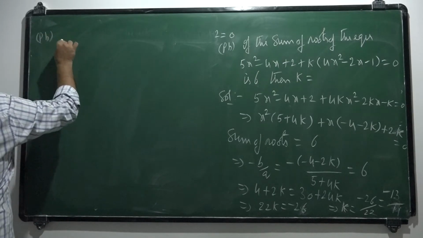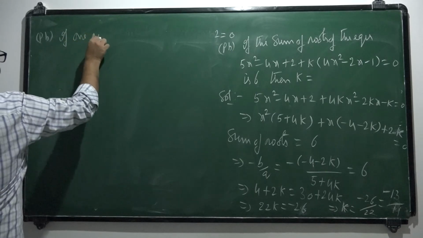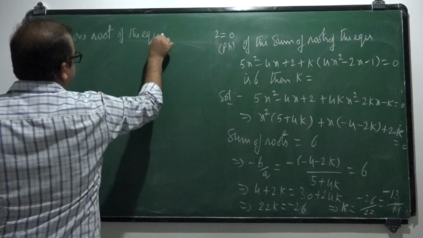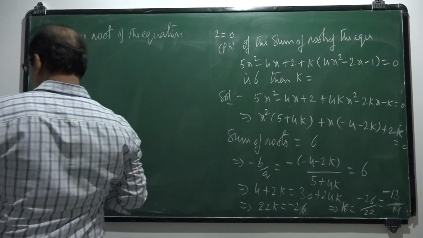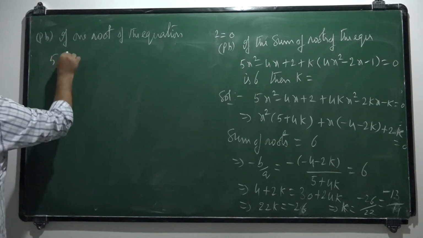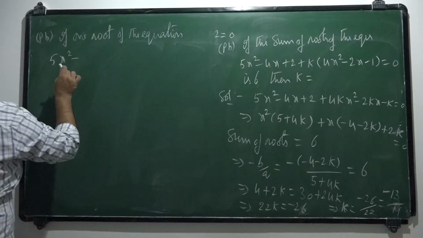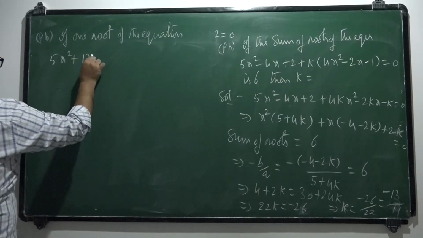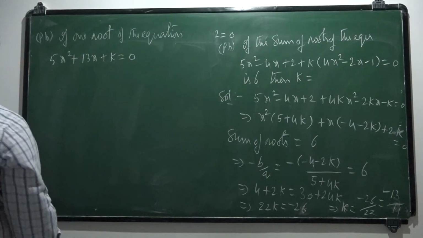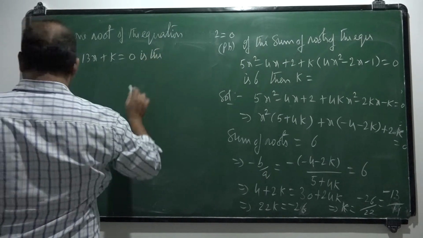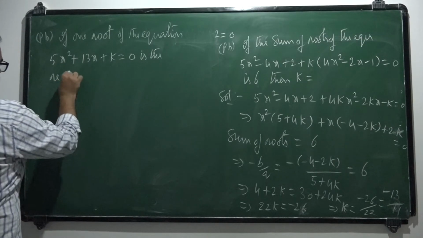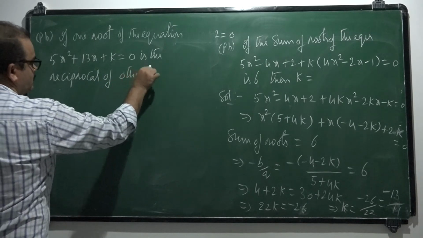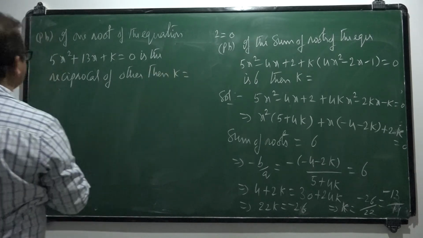Next problem. If one root of the equation 5x square plus 13x plus k is equal to 0 is the reciprocal of other, then k is equal to